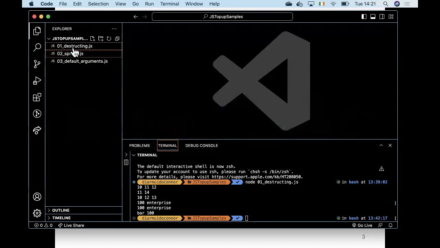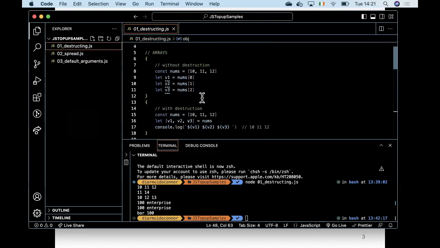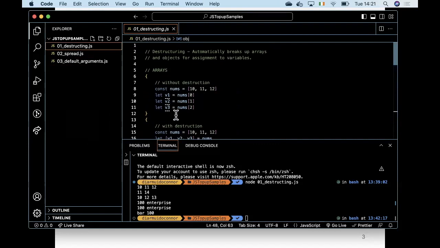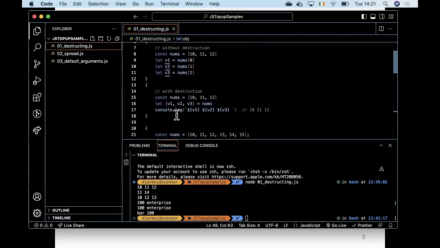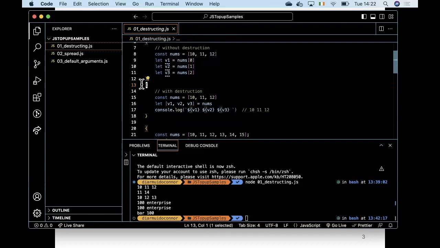So if we look at the 0-1 destructuring first. As I said, this is the way you would do it. If we look at arrays first, this is the way you would do it using the imperative style. This is how we do it using the declarative style. By the way, you might see here where I have an open curly brace